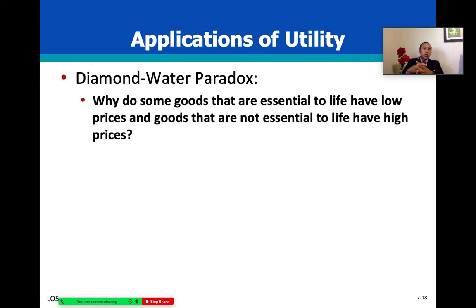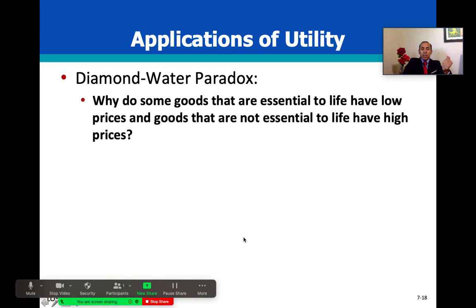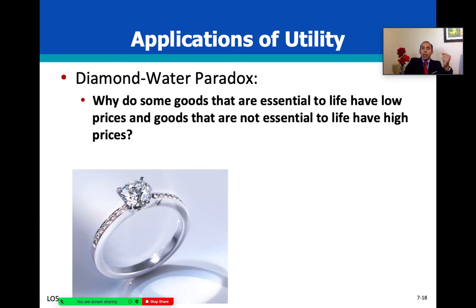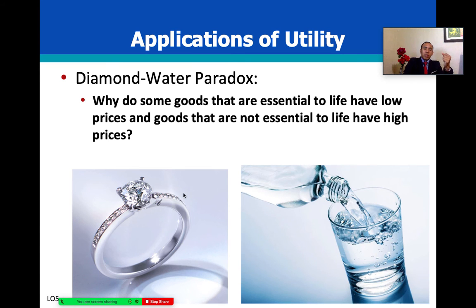So why do some goods that are essential to life often have low prices, and other goods that are not essential to life have higher prices? It really depends on the value that people place on those items and the perception received by the person. It's a very interesting situation. A diamond is not essential to life, but it can cost thousands of dollars. And if you give a diamond to someone significant, they have a high level of enjoyment, or utility,